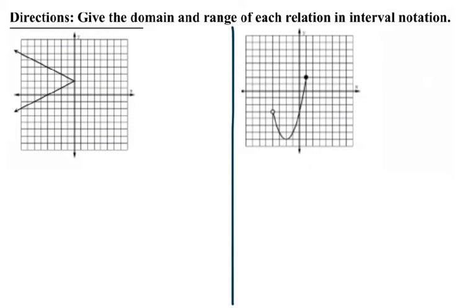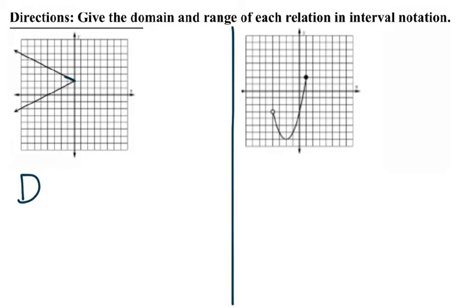Then in Math 3, we move to something called interval notation. And interval notations are when you use the parentheses and the brackets, and you're reading the graph from left to right if you're talking about domain. And when you're talking about range, you're reading from bottom to top. Okay, so my domain,